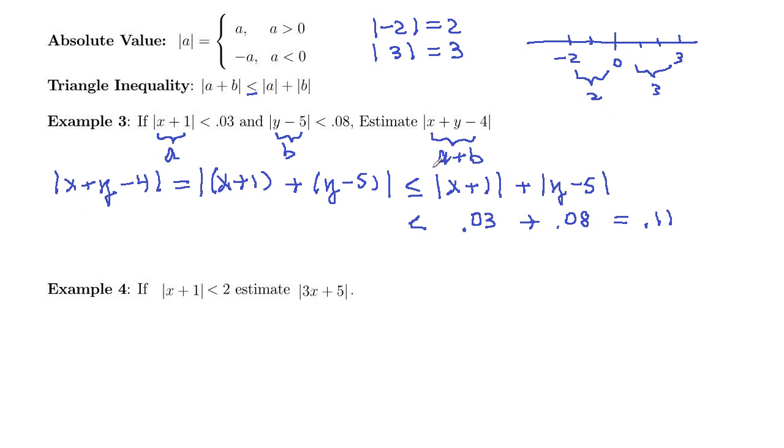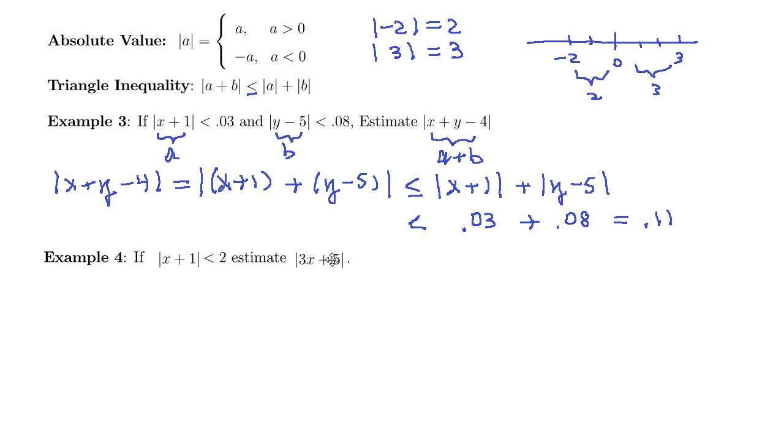What else here? Well, we want to estimate the quantity 3x plus 5 if we know that absolute value of x plus 1 is less than 2. So what we want to do is we want to try and relate these two quantities to each other, and then we're going to pull out the triangle inequality and put it to work. So 3x plus 5, if that was 3x plus 3, then this quantity would just be 3 times x plus 1. So what we're going to do is we're going to take that 3x plus 5,